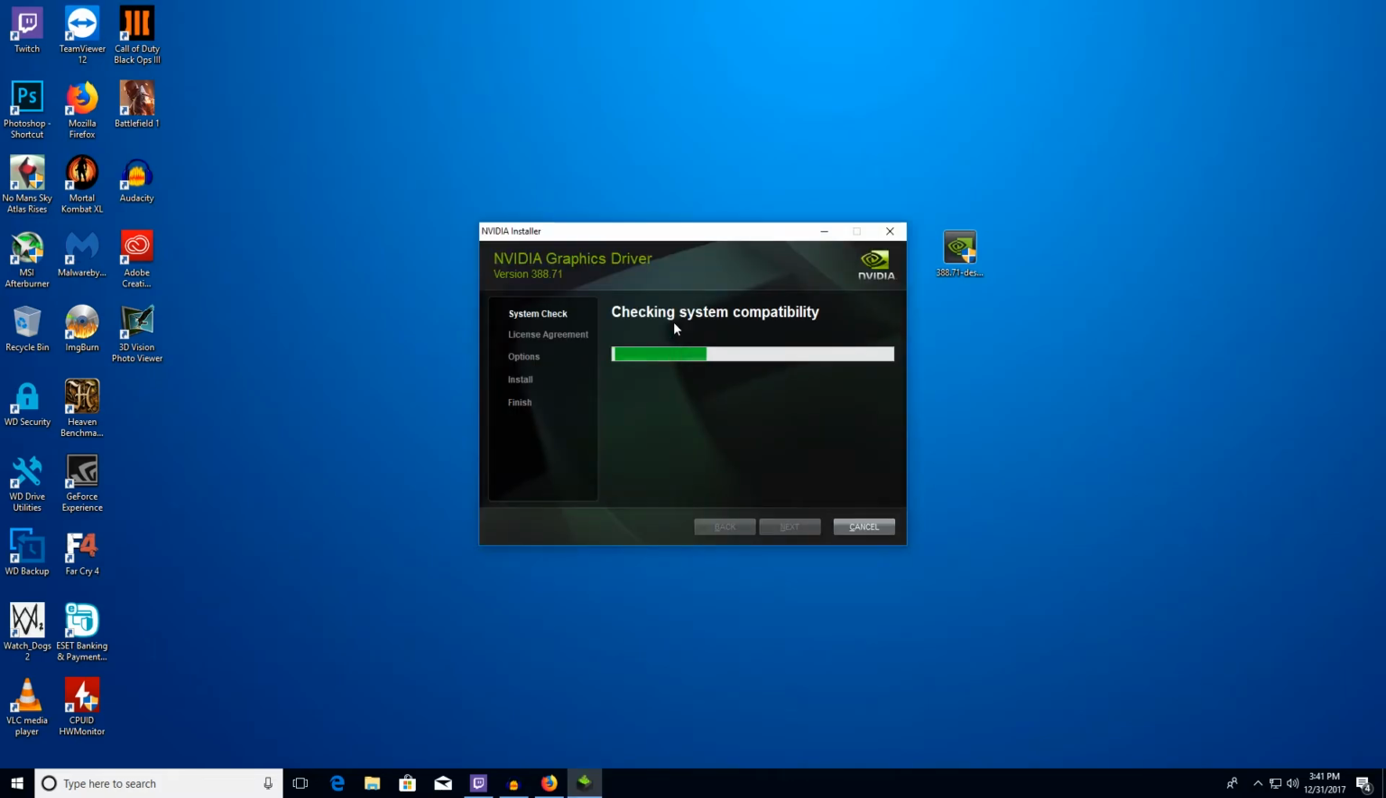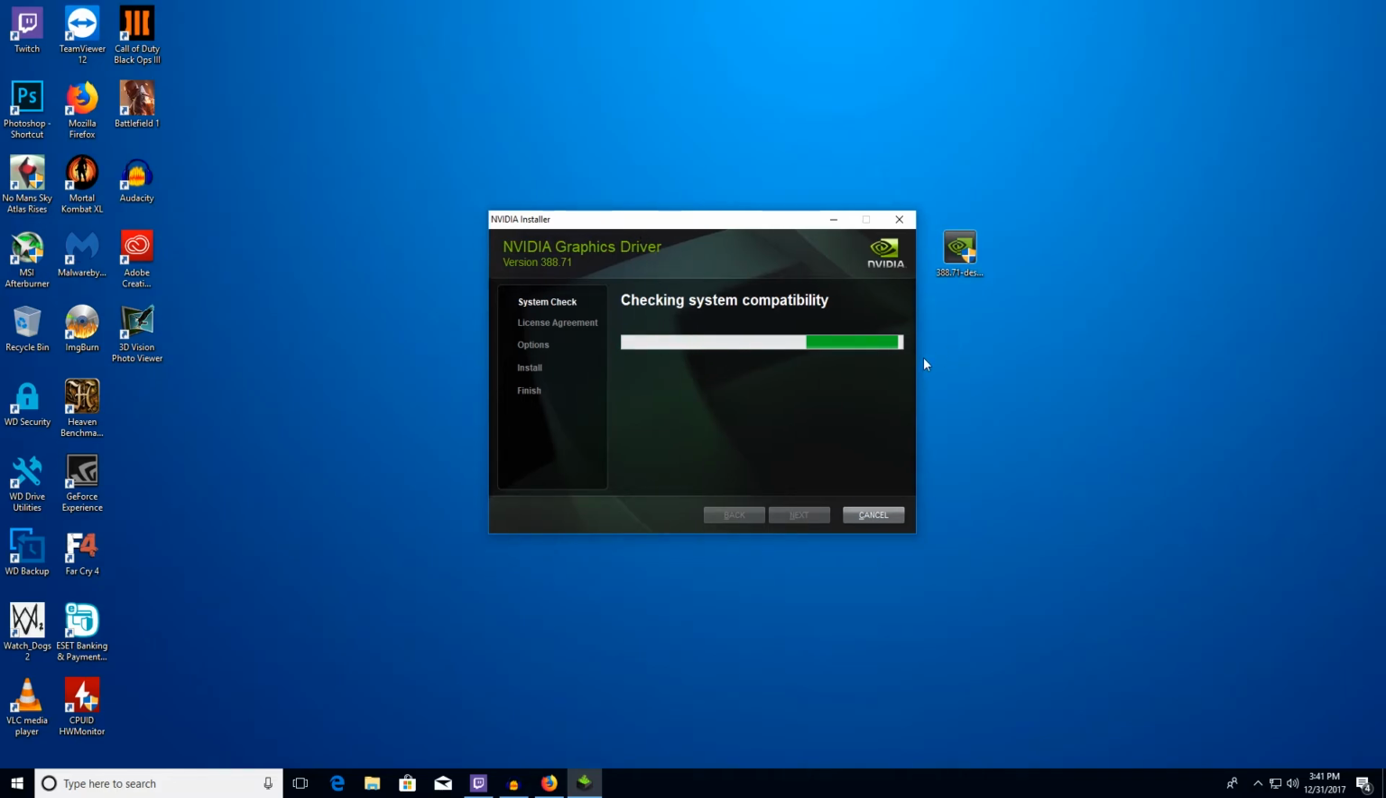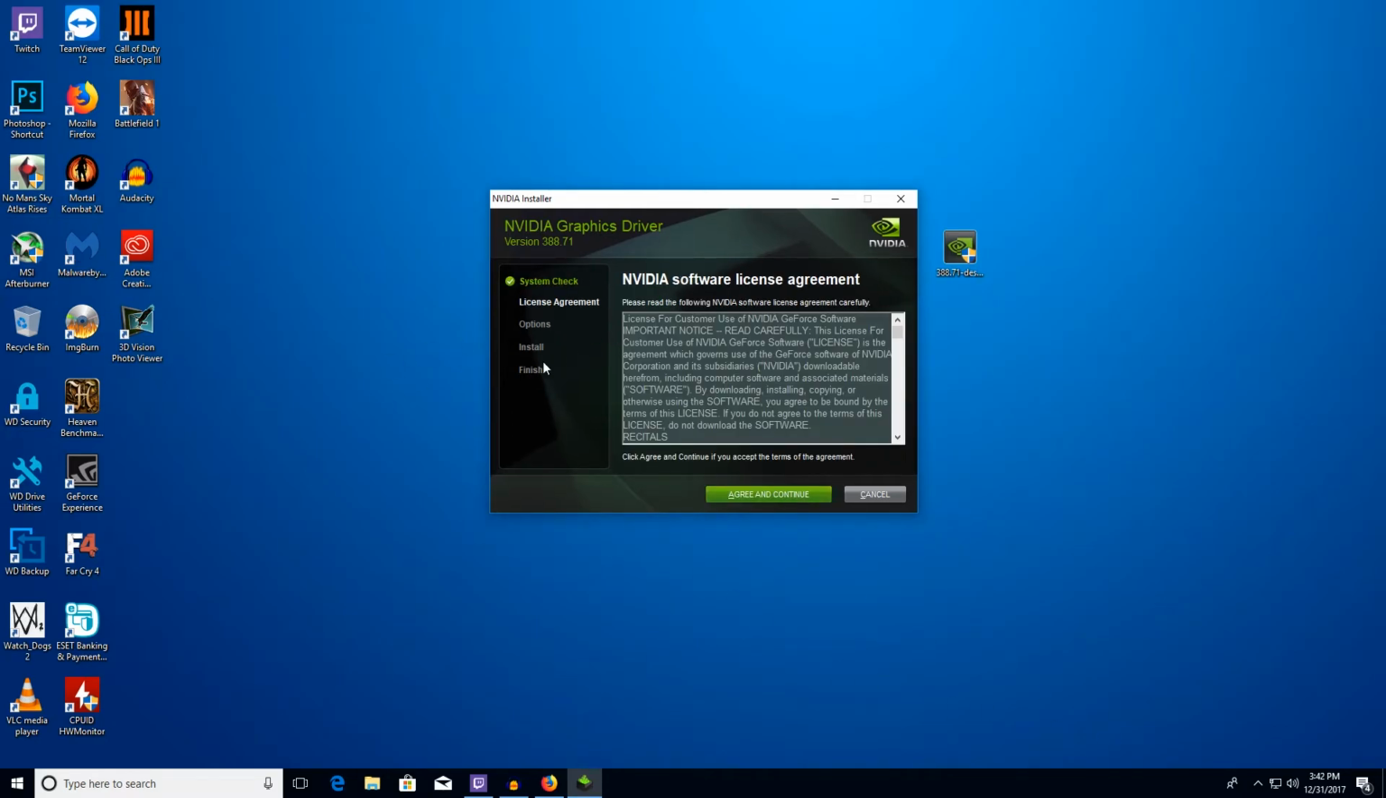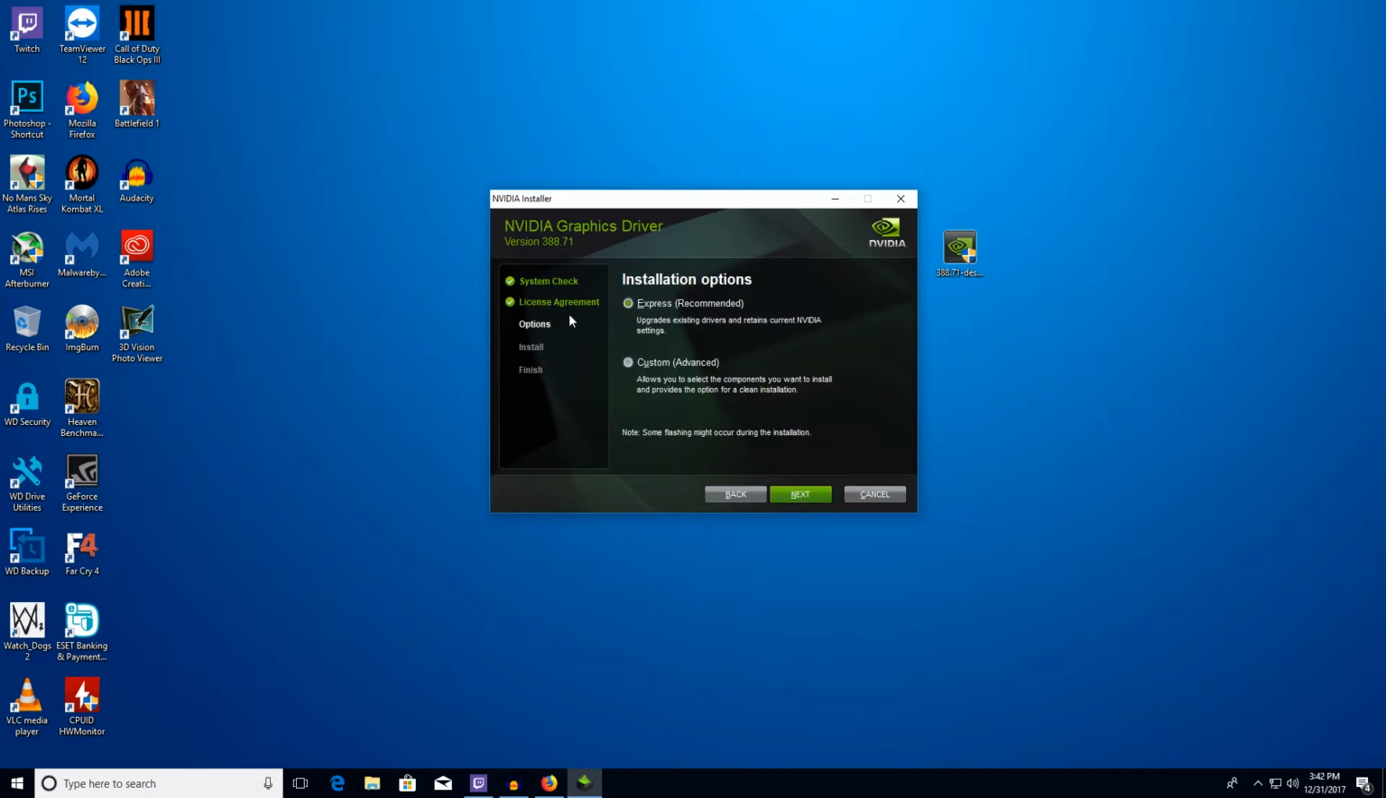Now it's opening the setup files and the setup menu, and the first thing it will do is check for system compatibility. It takes a while, but finally it happened. You can accept the license and agreements, and then it will show the installation options. It might be different for you depending on your setup file, but in Nvidia it says